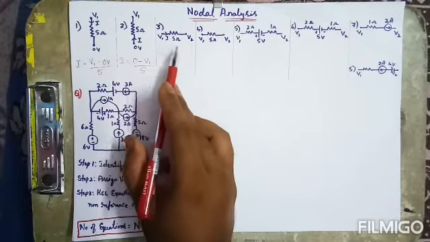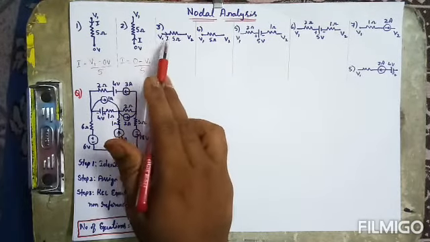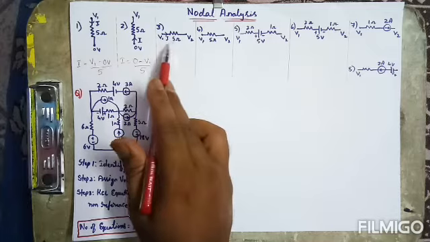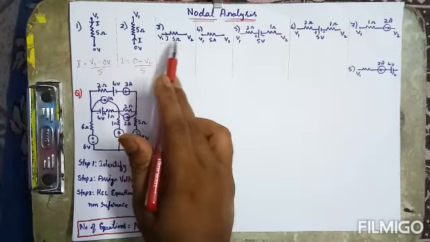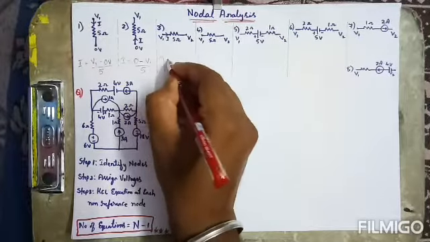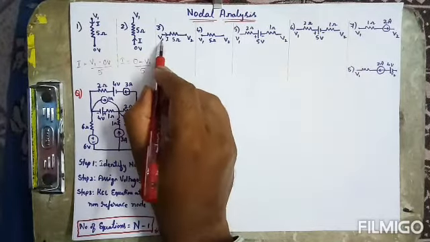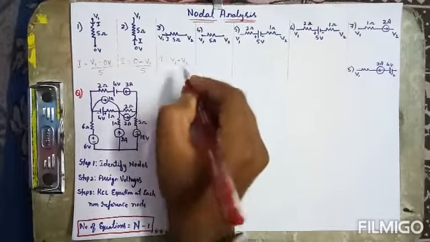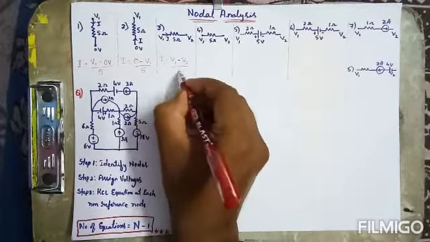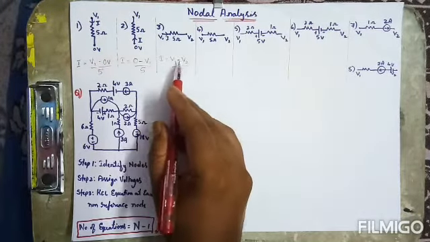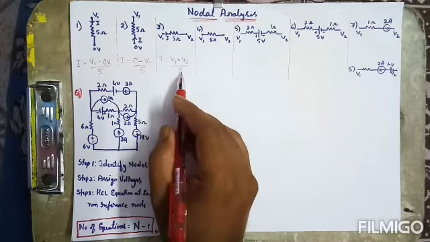If the branch is something like this, say the third case, we have a 5 ohm resistor, with two different voltages across that 5 ohm, V1 and V2. Now the expression can be written like this: I is equal to, since it's leaving from V1, I will take V1 first, minus the voltage V2, divided by the resistance of 5 ohms. So I can be given as V1 minus V2 by 5. I hope you got the point.